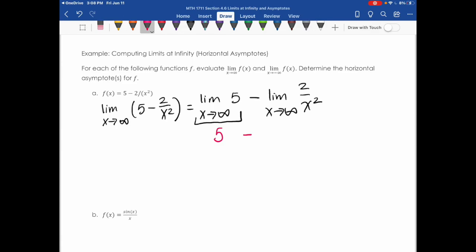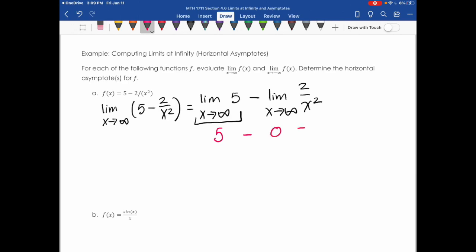Now the limit as x approaches infinity of 2 over x squared: as the denominator of a function gets bigger and bigger and approaches infinity, the entire fraction gets smaller and smaller. So, for example, think about the sequence 1 over 1, 1 over 2, 1 over 3, 1 over 4, and you just keep going. So where you get to like 1 over 100, 1 over 1,000, 1 over 1,000,000, as that number in the denominator gets bigger and bigger and bigger, that whole fraction gets so small that the limit